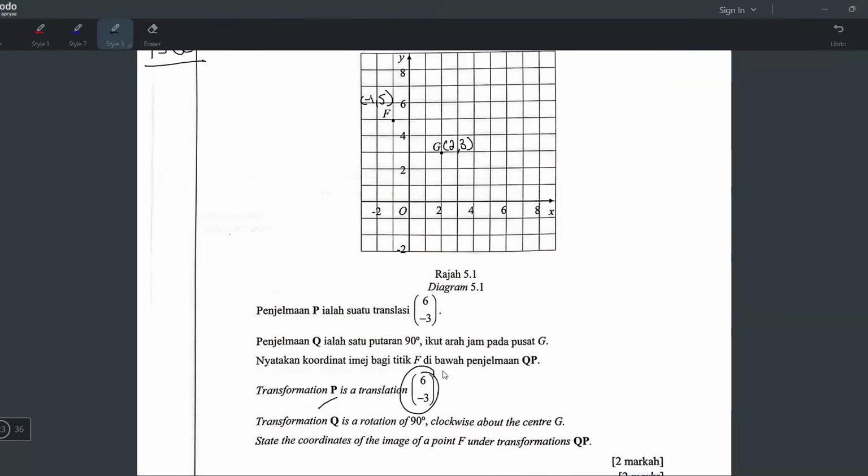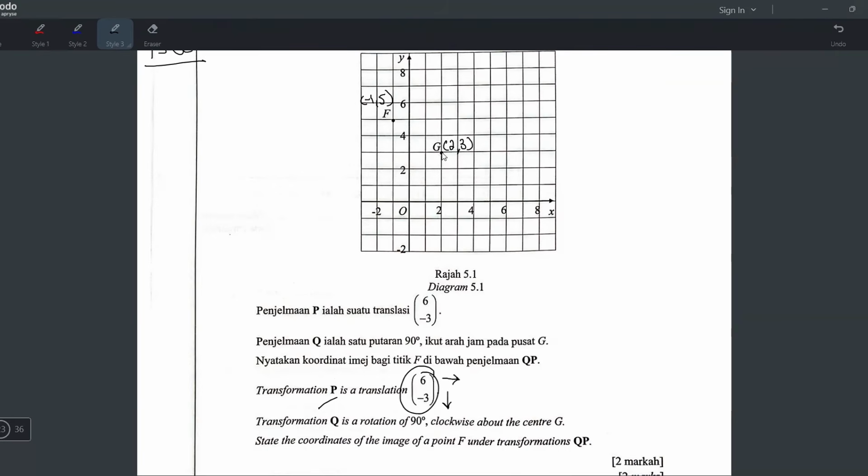So what's the meaning of 6? What's the meaning if the 6 is on top? It means you have to move to the right. Yeah, because the top number indicates the horizontal movement, and the bottom number is for the vertical movement, but the bottom number is negative, so it has to go down. So this one is going to the right 6 kotak and then going down 3 kotak, but you cannot